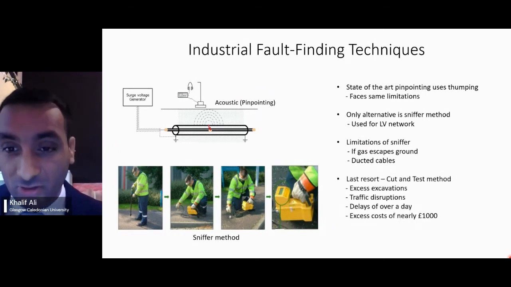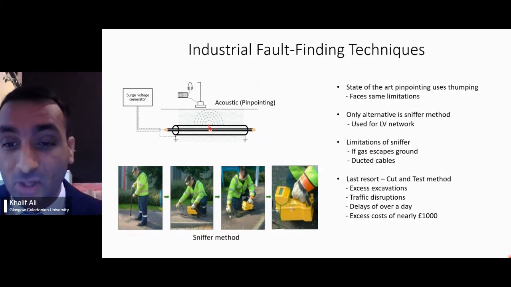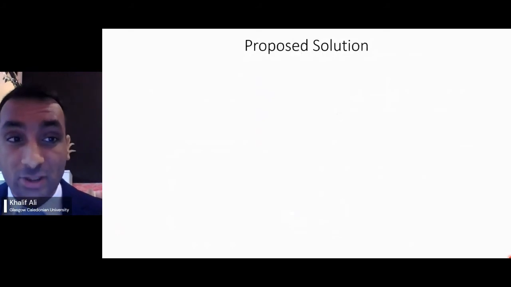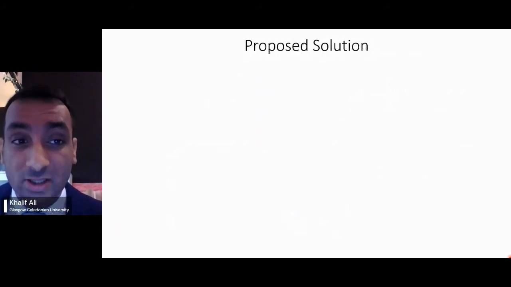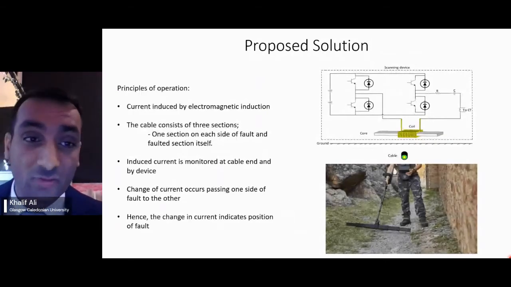It's highly destructive to the cable, can cause excess escalations, traffic disruptions, delays of finding the fault of over a day, and excess costs of nearly £1,000. So the proposed solution: we propose a device which is able to induce current into the faulted cable by means of electromagnetic induction. And if you consider that the cable consists of 3 different sections, one section for each side